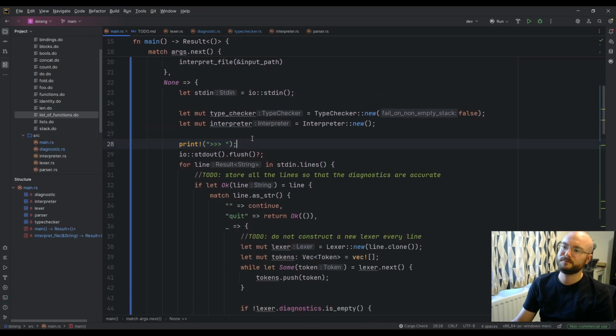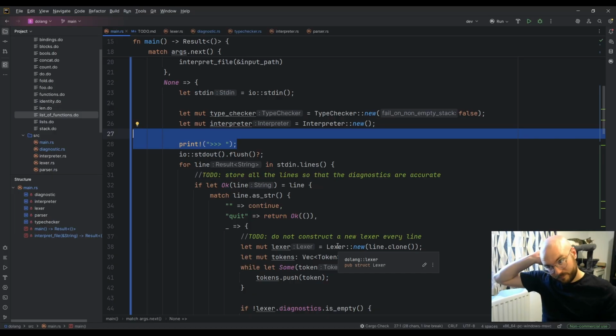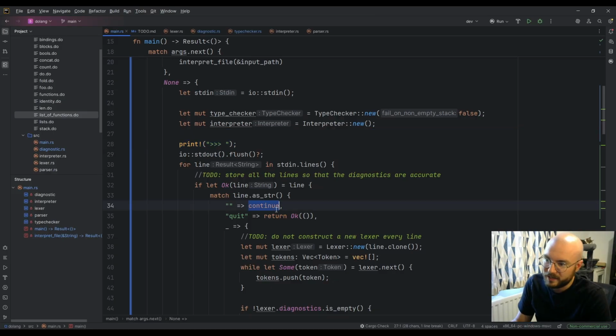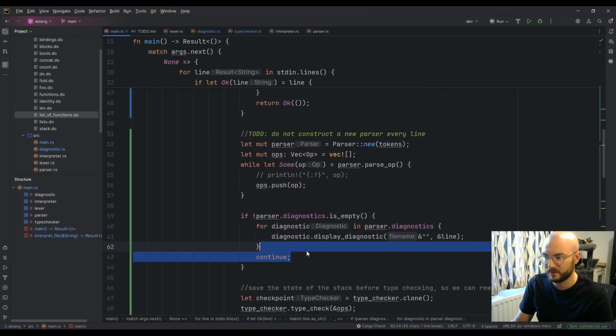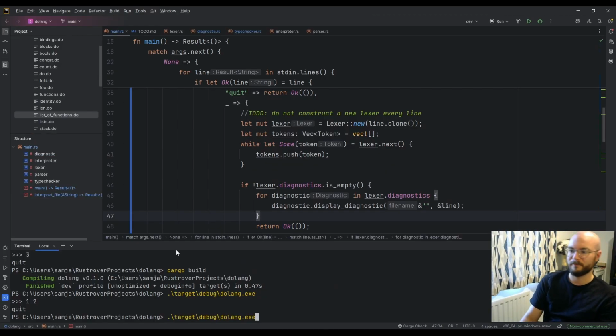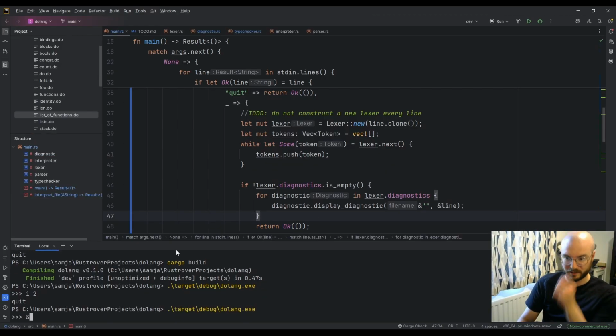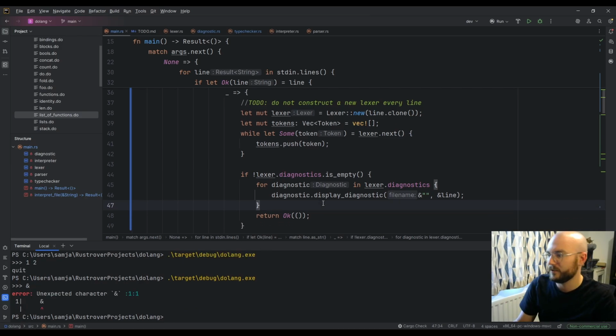Okay, this is actually tricky because I feel like we want to print this every time this loop finishes. But the problem is we continue in so many places. In fact, we probably should continue in the lexer as well, because let me demonstrate. If I put a character that isn't a lexable token, it kicks you out.